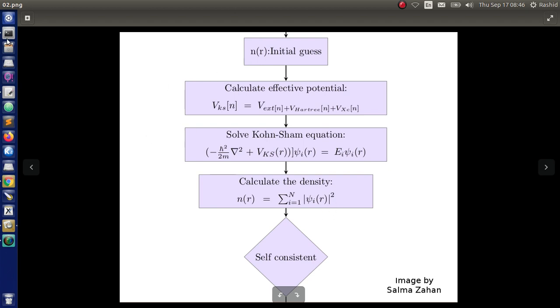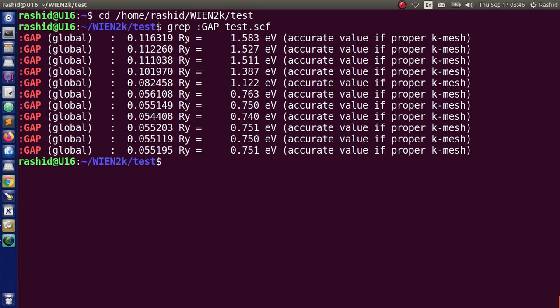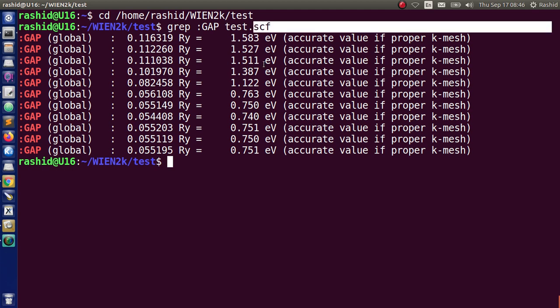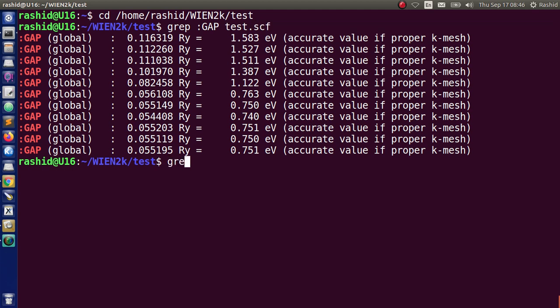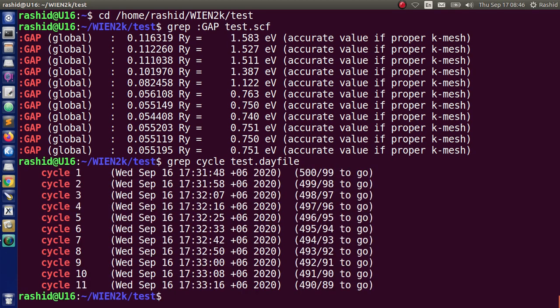In Win2K, it calculates the band gap, total energy, Fermi energy, all these values after every SCF cycle and records them in the SCF file. If you look at my system, you will see that the calculation stopped after 11 cycles.